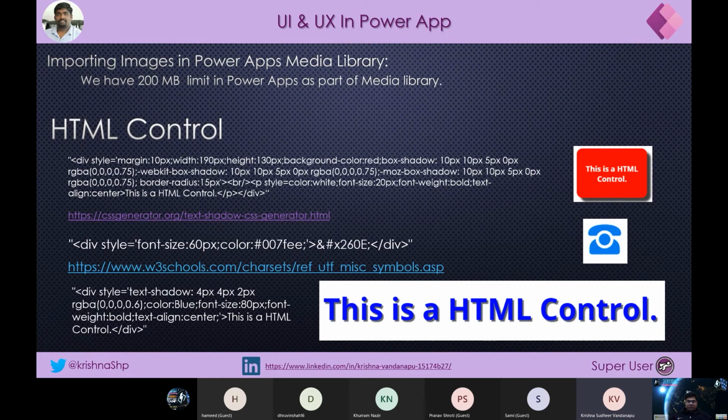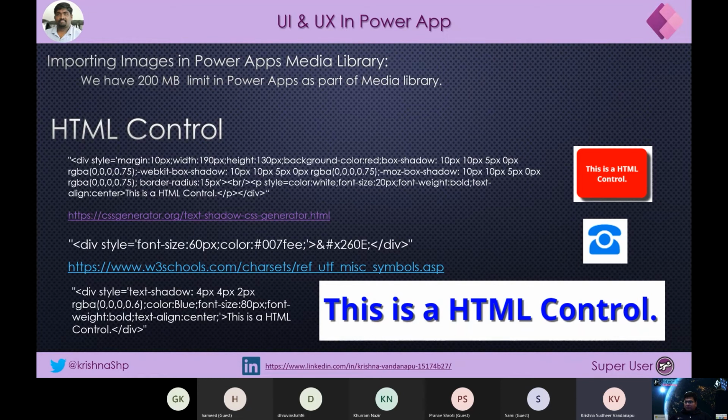When we do that, the user will say, no, no, no, don't open that app on the mobile, because it will suck all my mobile data since I am loading 100 MB only to load the media gallery. So how can I avoid that, Krishna? Use HTML control. Being at the community level, I have noticed people are very less exposed to HTML control.